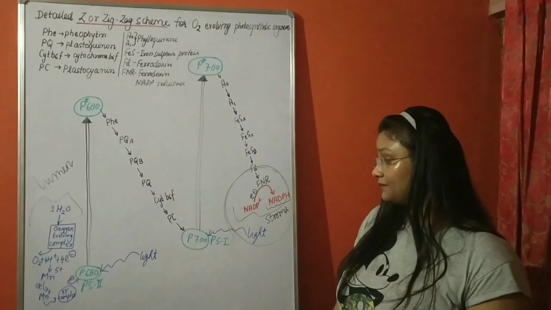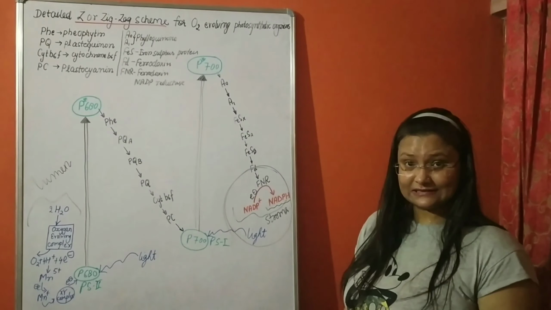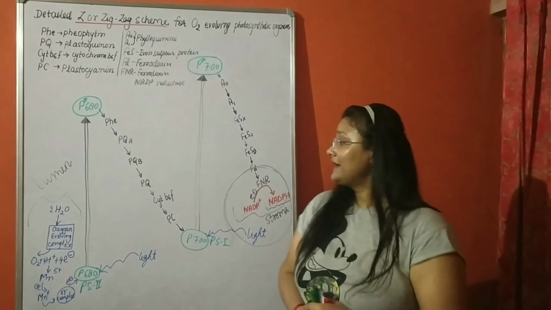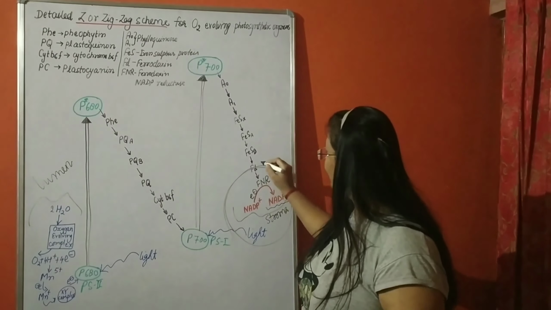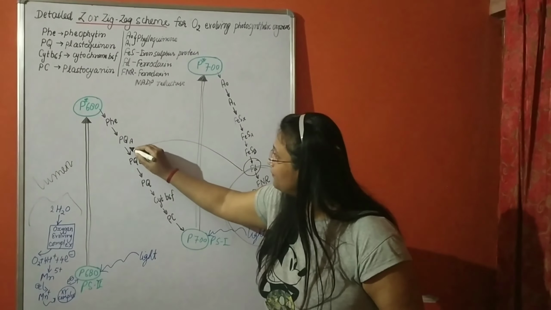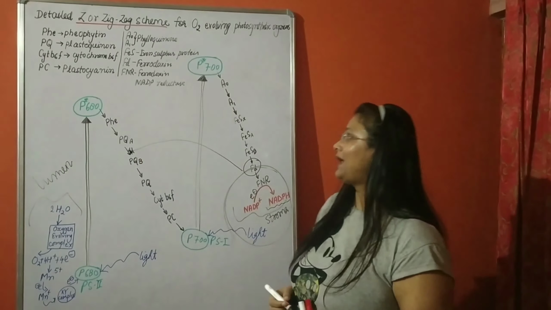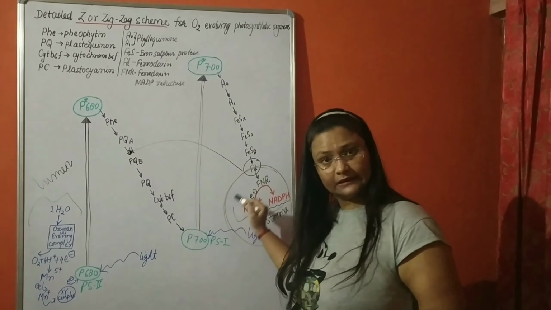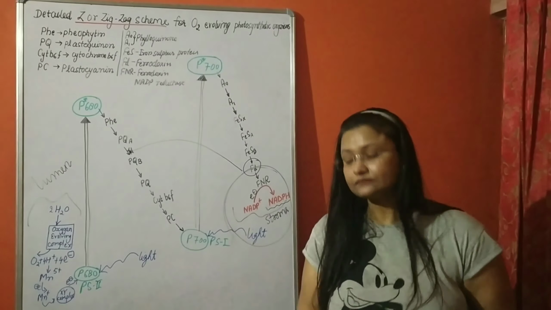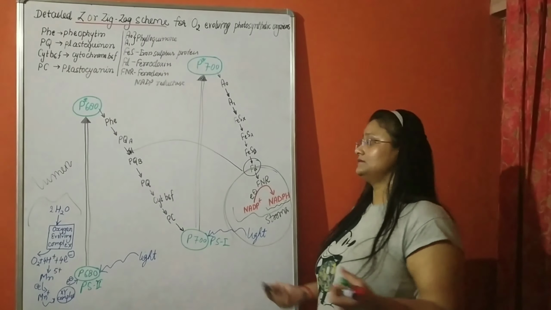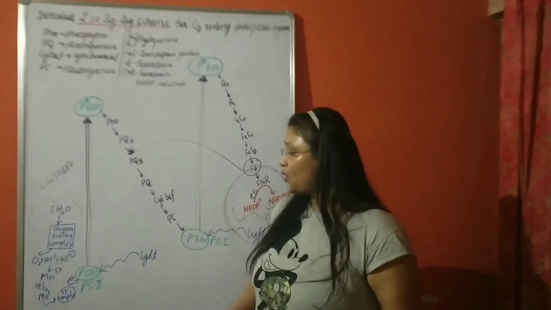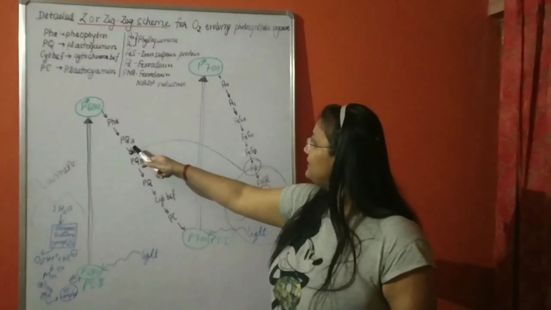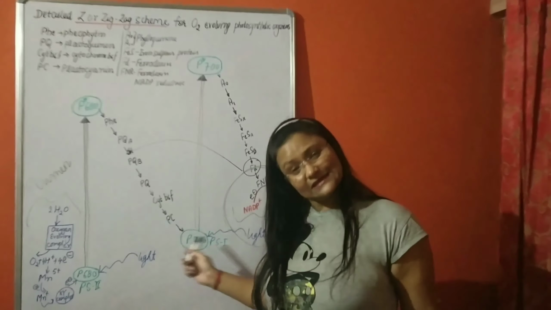But in cyclic ETS, in the cyclic electron transport system, only one electron is rotated from ferredoxin again to plastoquinone, and the same electron keeps circulating. That is why it is known as the cyclic electron transport system. So in that case, only one electron from manganese is transferred and others are not transferred, because the same previous electron is being recycled.